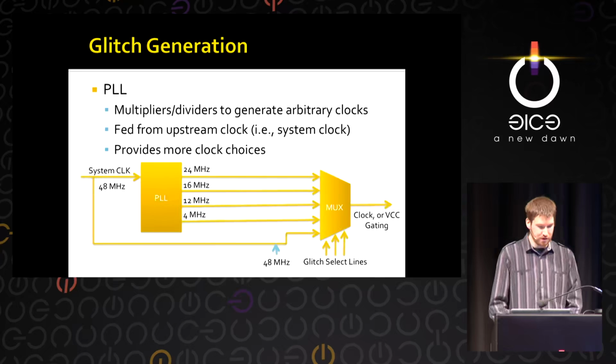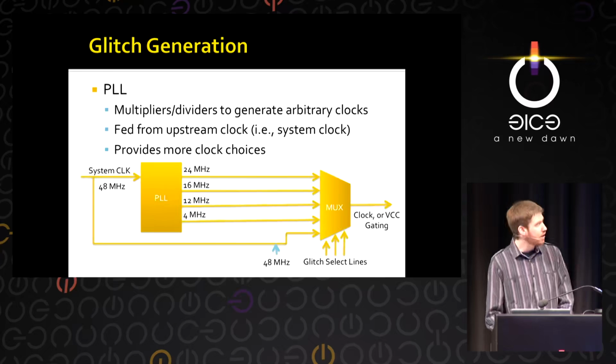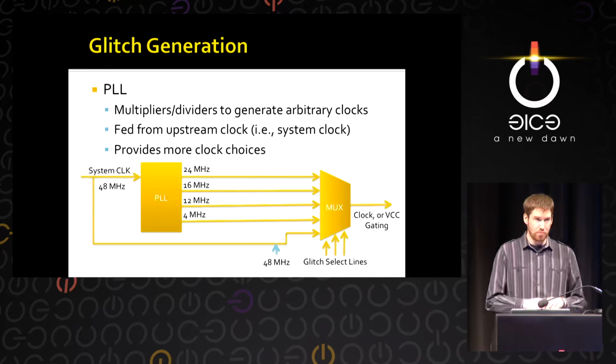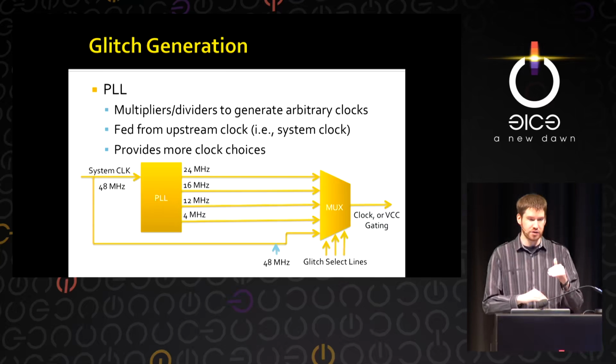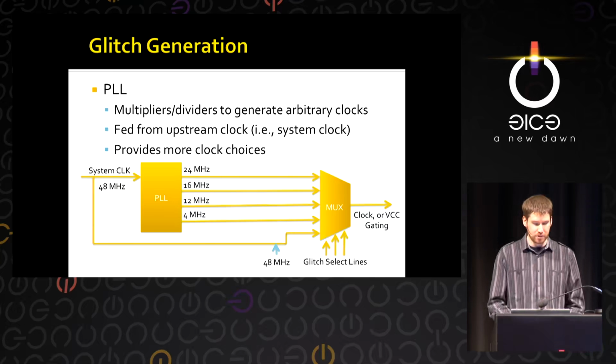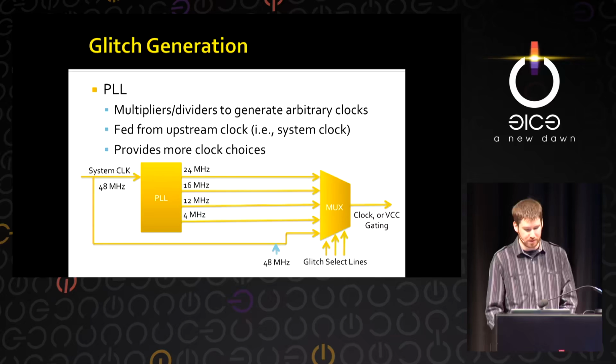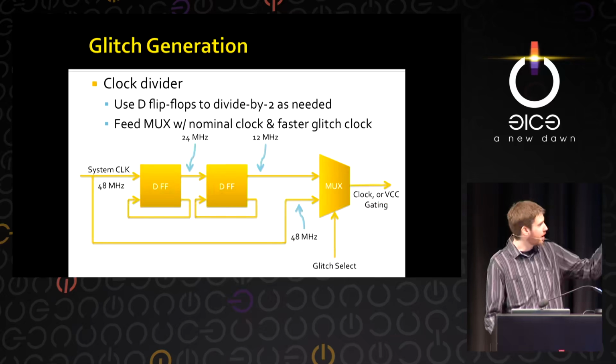So the second method is the phase lock loop, PLL. So the PLL uses integer multipliers and dividers to create a fraction, an integer fraction, something over something, that can be used to multiply up and then divide down to get you many more different kinds of clock speeds than simply dividing by 2 each time.